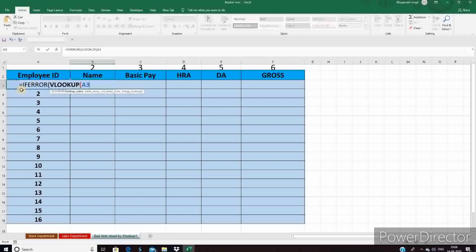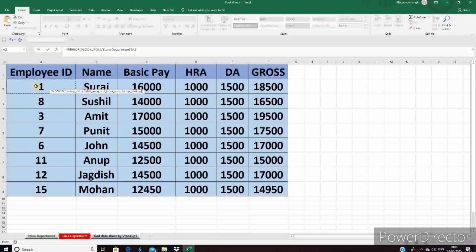First we have to select the lookup value. The lookup value is the A3 cell because here we have an ID. Let's go to table array, which is the second parameter. For the table array, we select our complete range. Now I'm going to freeze this with F4. You can see the dollar signs right here, A2 to F9. The reason behind this dollar sign is that when you drag this formula from anywhere, your range will not change. That's why we put the dollar sign.